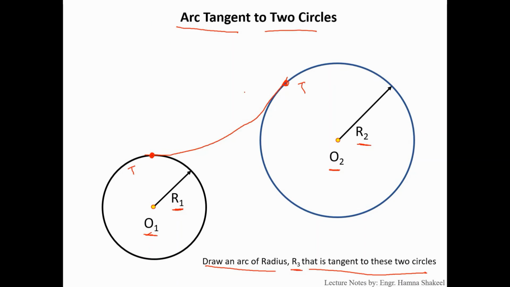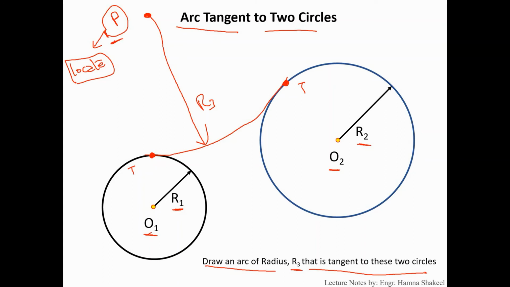And we've discussed that to draw a circle we need a radius and the center point. So let's say here you have got the center point, let's call it P. This is the point that you have to locate. We don't know the location of this point. We need to find this point P, and at this point P, if we open our compass equal to R3 and draw an arc, that arc will touch circle number 1 and circle number 2 at tangent points.